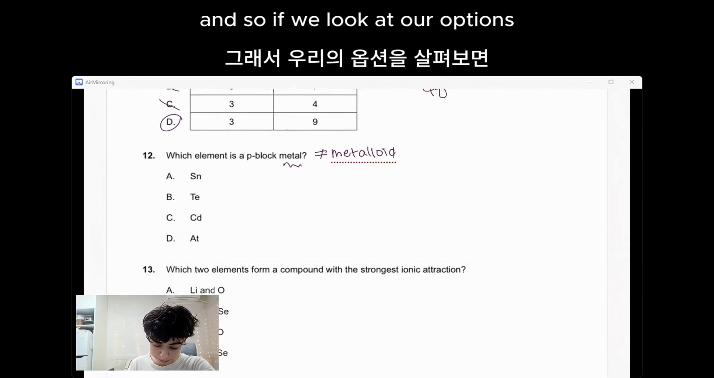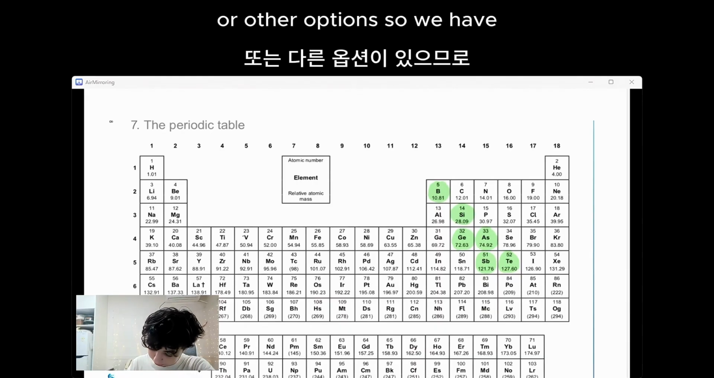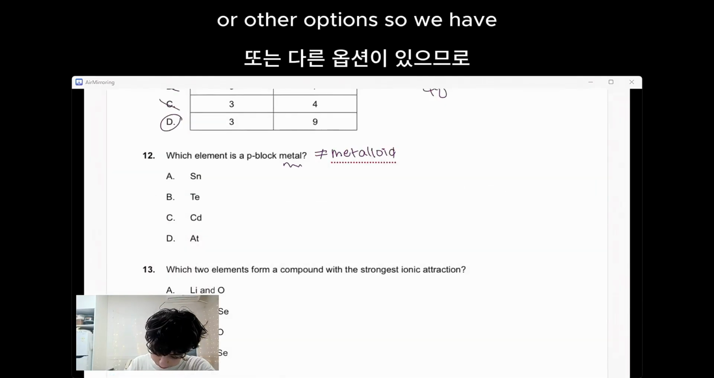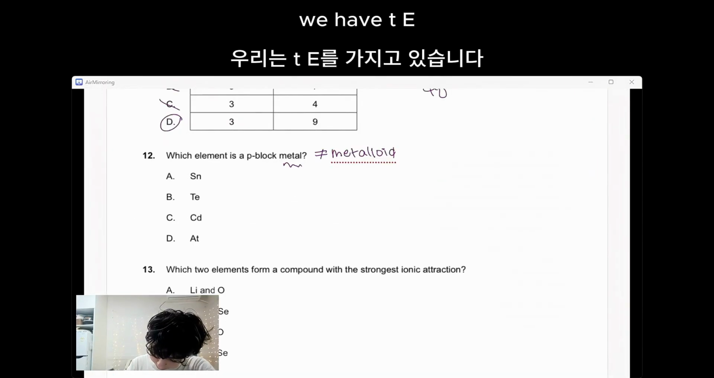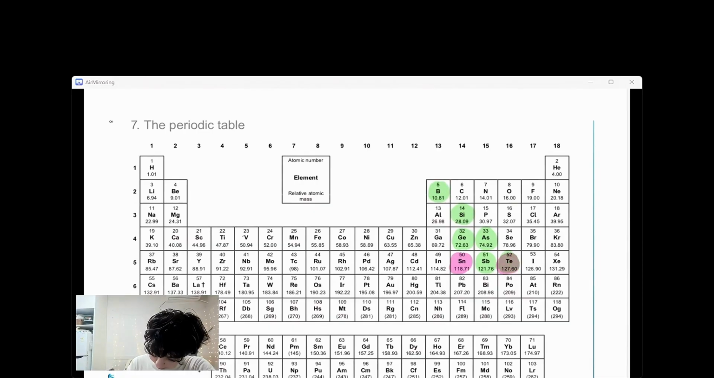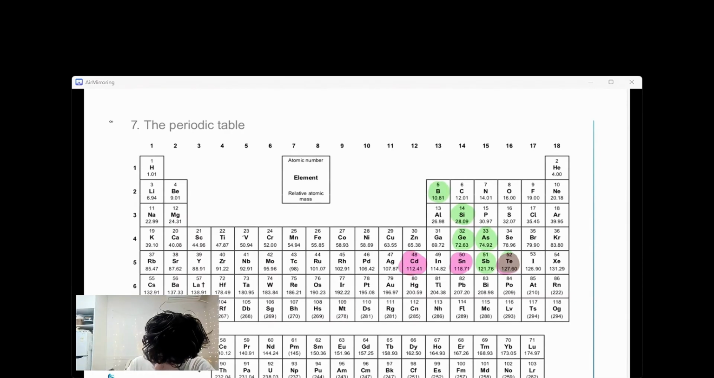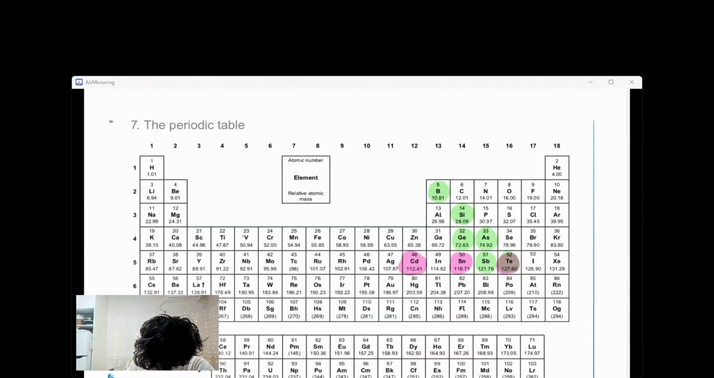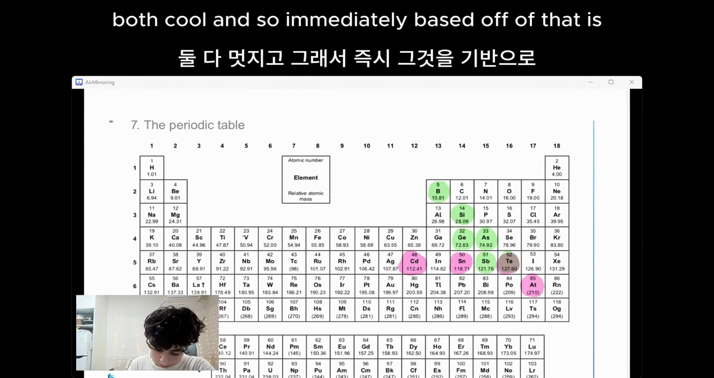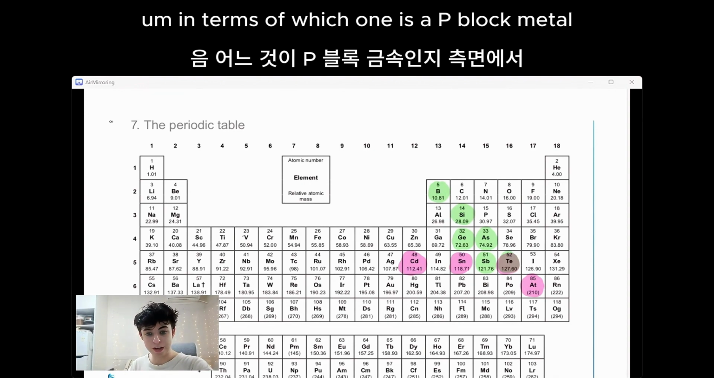And so if we look at our options, we also have Cd, which I'll even highlight in a different color, or other options. So we have Sn, we have Te, we have Cd, and then we have At. Cool. And so immediately based off of that I'm starting to think, okay, in terms of which one is a p-block metal,